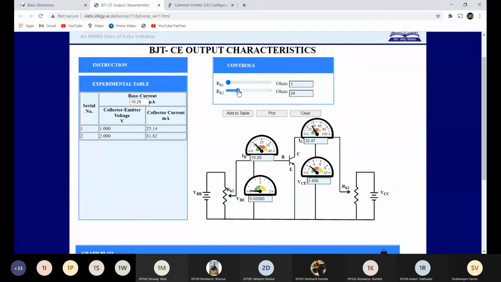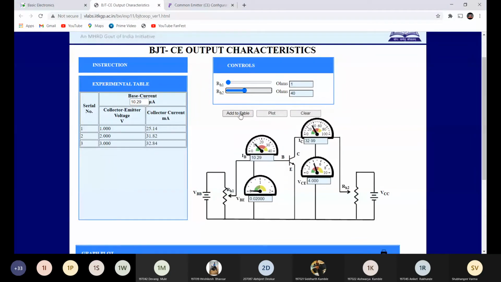Change it to 2 volt and add it to the table. Then change it to 3 volt. Take the reading, add to the table, then take the reading for 4 volt. Add to the table.